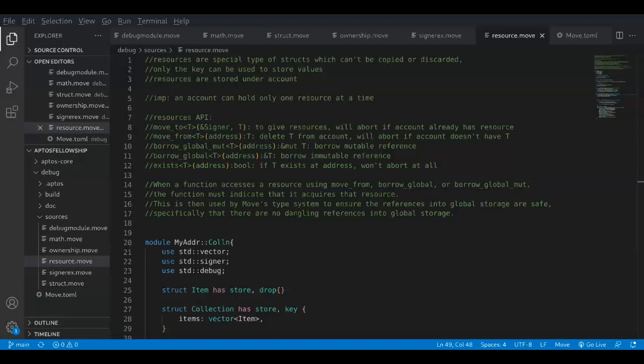Okay, coming back to the class, we have this resources thing. Now that we have defined signer and how that native data type looks like in Move, we'll be talking about resources. In the first class itself, we discussed that resources are a special type of structs which can't be copied or discarded. Just like how we have our abilities, key, store, drop, and copy, you cannot have copy and drop as abilities in your particular struct. So only key can be used to store. Now, one very important property of resources is that resources are stored